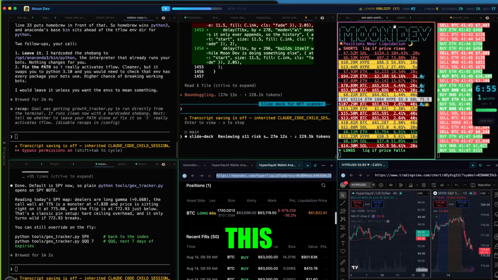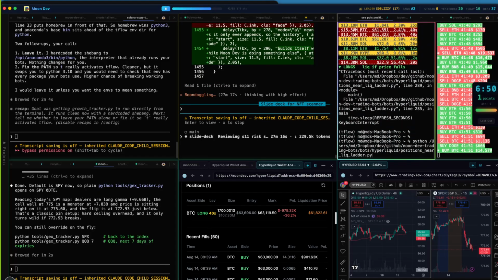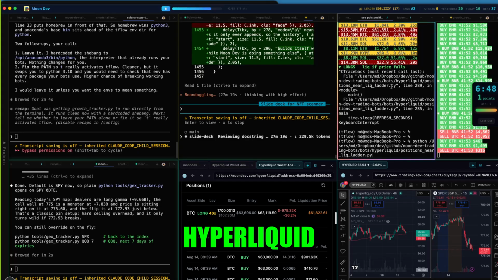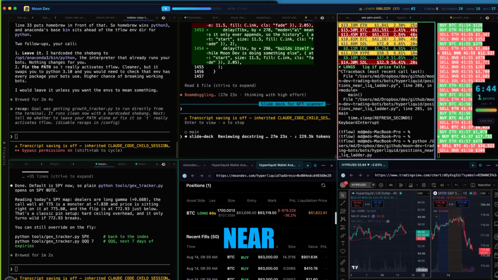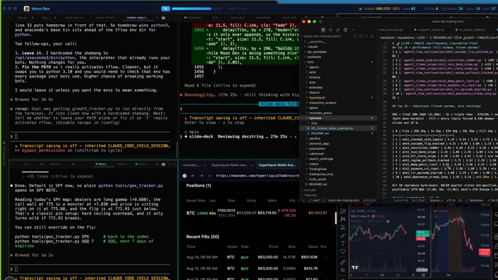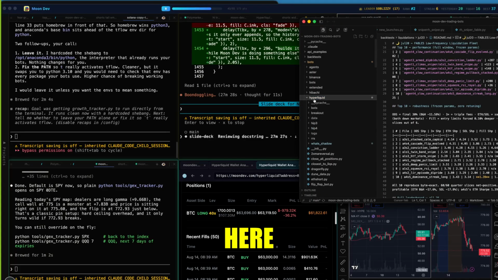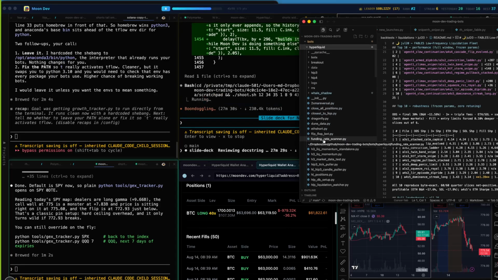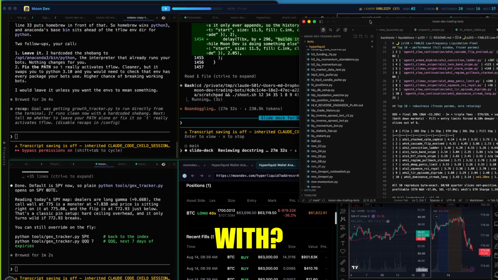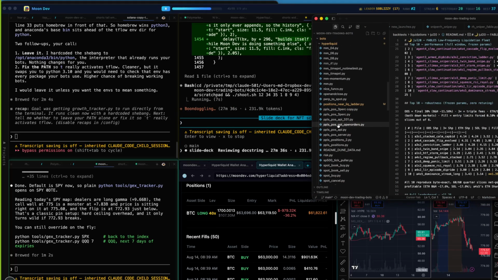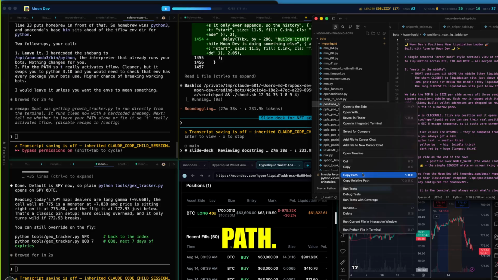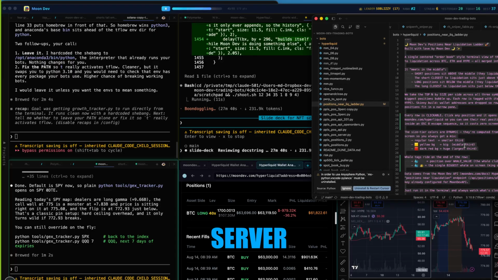So let's go ahead and get this code, figure out where it's at. Okay, lick ladder is in hyperliquid positions near position. People's positions near liquidation. So let's go to hyperliquid here, and this is all on the GitHub. What did it start with? This is a long file. Positions near lick ladder. Okay, copy path. No. I just want to give it to my server so she can see if there's maybe something wrong on that side.